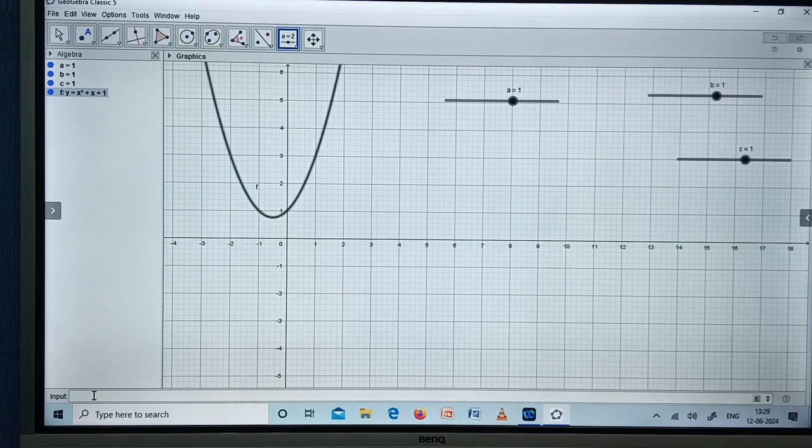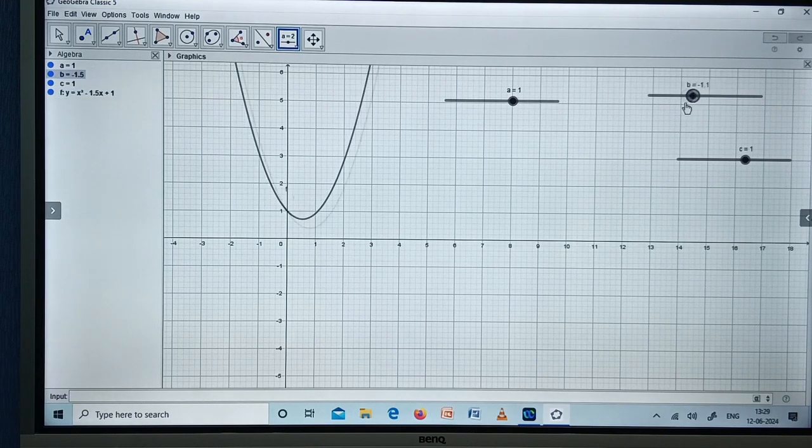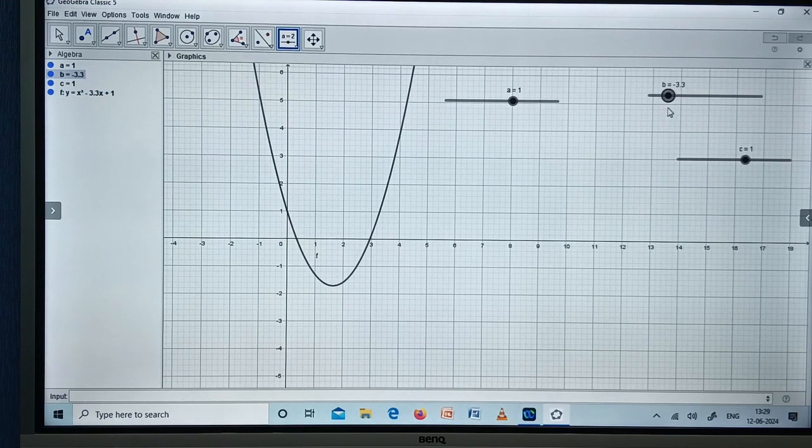So you can see that you get a polynomial whose shape is a parabola, and this parabola does not intersect the x-axis at all. Therefore, it has got no zeros because zeros are values where the graph intersects the x-axis. But however, if I change the value of b now, what do you observe? It has got two roots because there are 2 points where the polynomial intersects the x-axis.